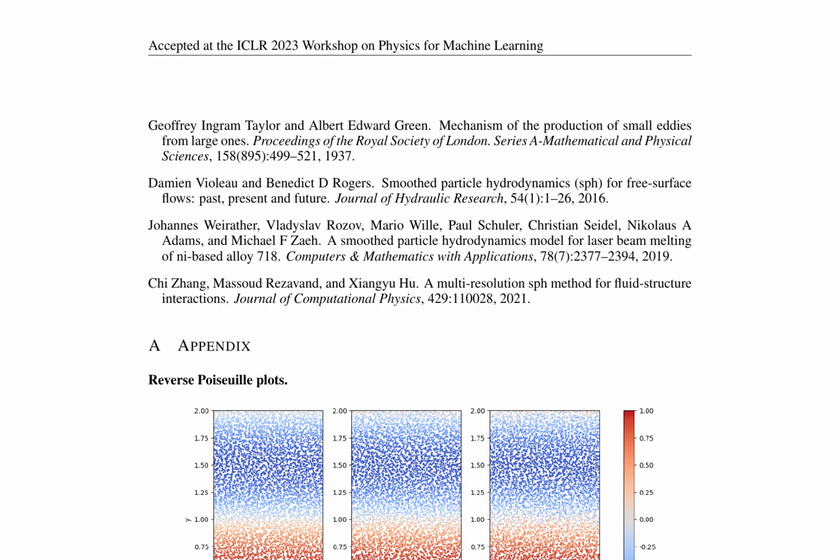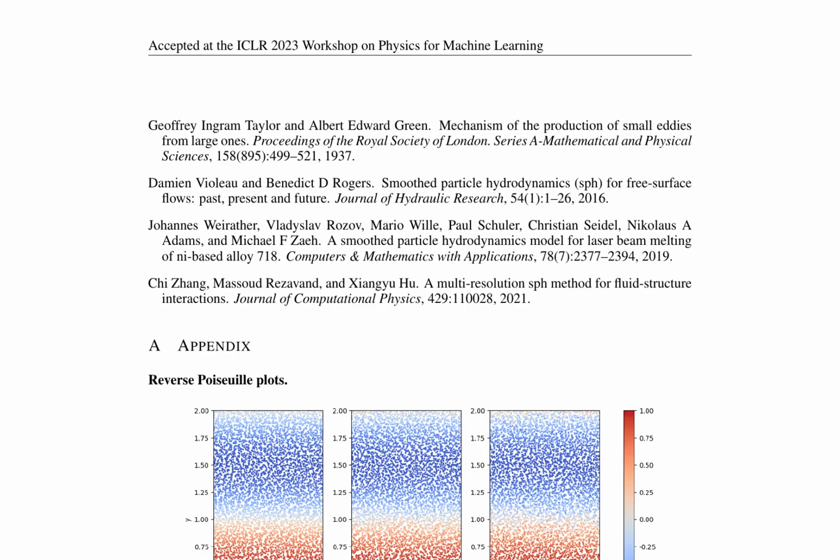The appendix presents reverse Poiseuille plots, a critical component in evaluating the performance of the proposed smoothed particle hydrodynamics (SPH) model. Figure 3 displays the reverse Poiseuille XY view of velocity fields and position error at time steps 10, 500, 990, from left to right of the test rollout. This visualization tool is used to assess the accuracy of SPH simulations, particularly in capturing complex fluid flow behavior. By examining velocity fields and position error at various time steps, researchers can gain insights into the model's ability to